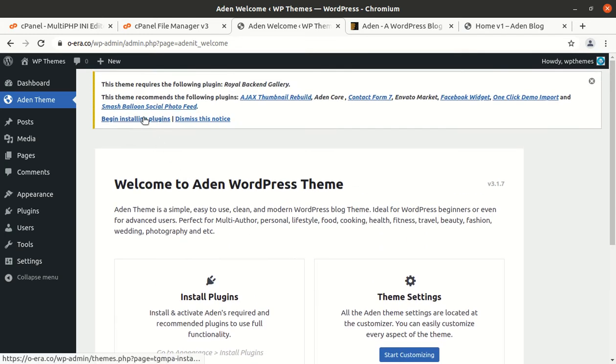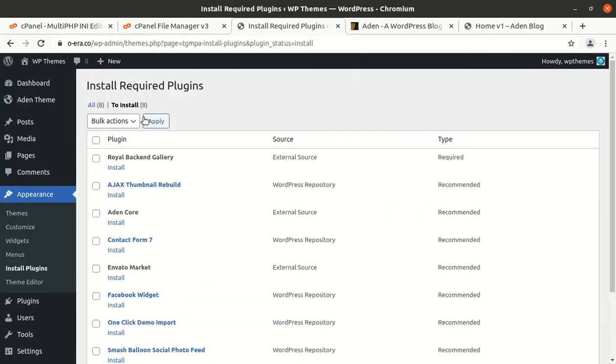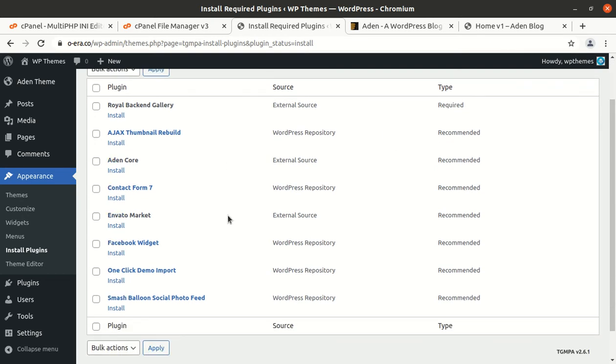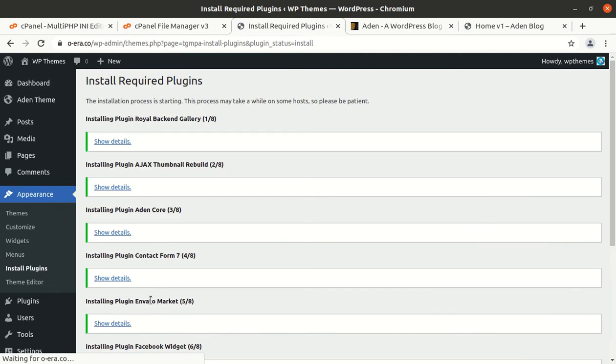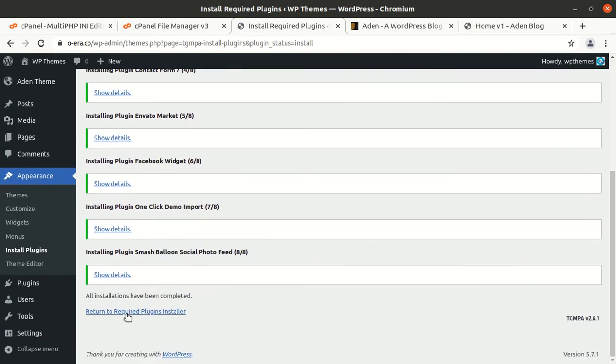So let us see what list we have got in the plugin list, and this is the list, and there is only one plugin which is required, the rest are recommended only. But what I'll do, I'll install all the plugins as I need to showcase all the features to you, and you can choose not to install anything that is not required by you, and all the plugins have been installed